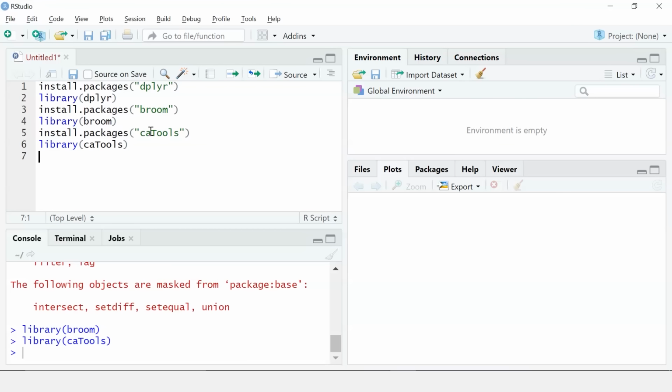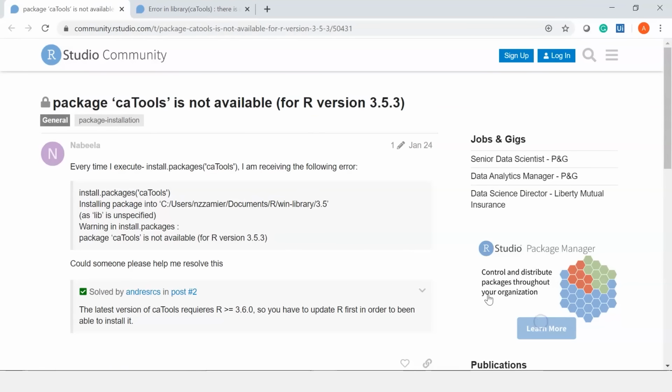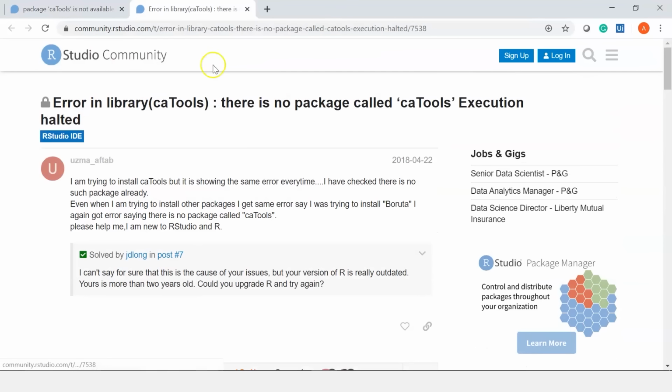Now sometimes people face issues with installing this particular package. If you also face this problem, do visit the RStudio community page. Now let me show it to you. So this is the RStudio community page and here they have the solution. You can just go through these 2 pages.